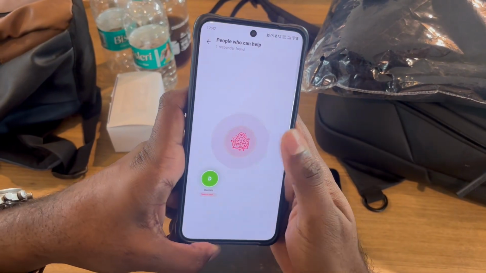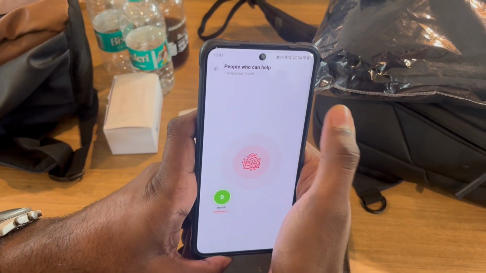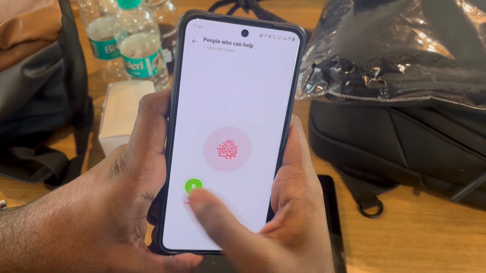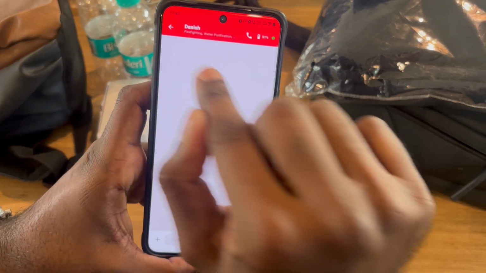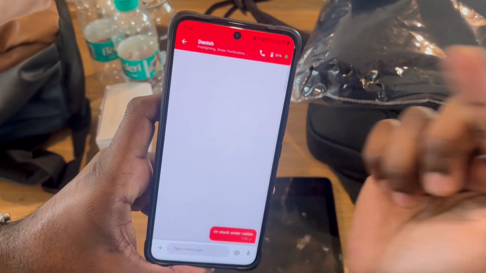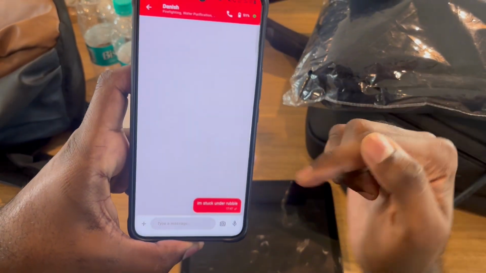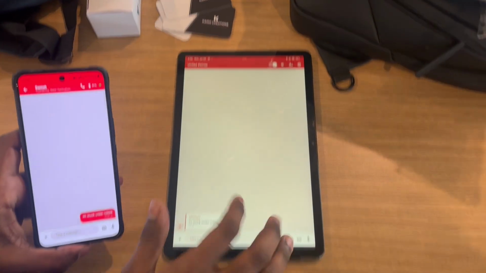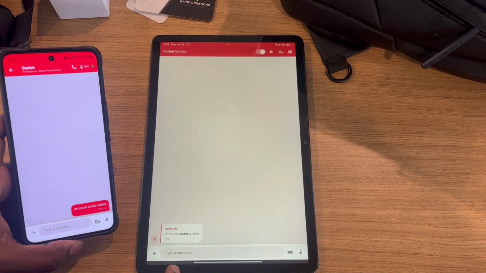It says one responder found, and it says Danish. I can click on Danish. It automatically picked up Danish. Now if you go back to Danish's phone, you will see that the message automatically arrived.